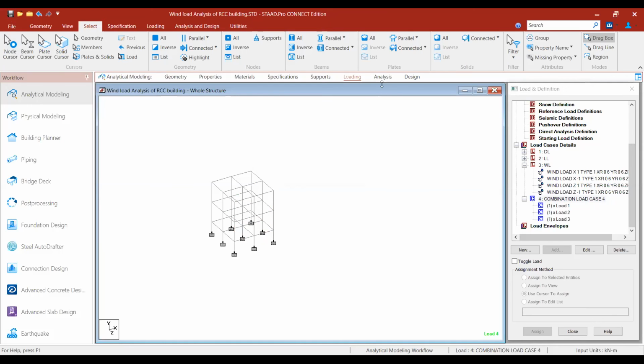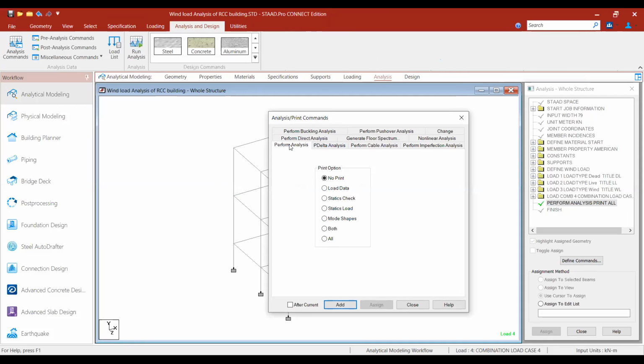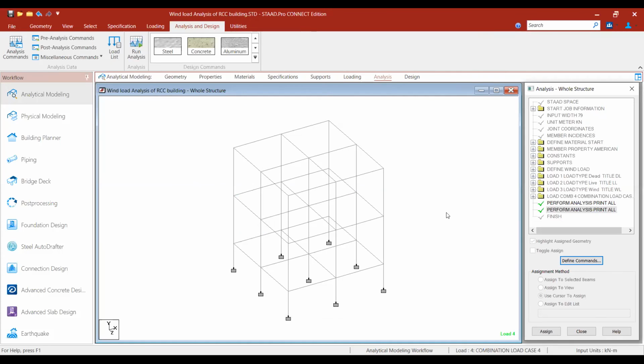Now wind load analysis for the RCC building. So define commands, perform analysis. You take all. Now the perform analysis has completed. You can delete one now.